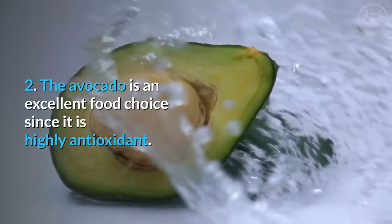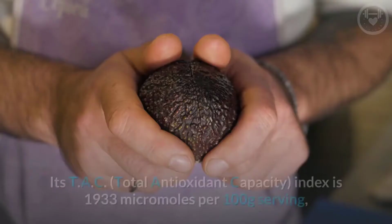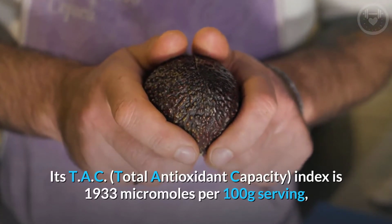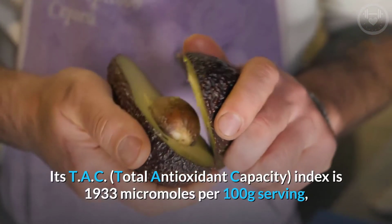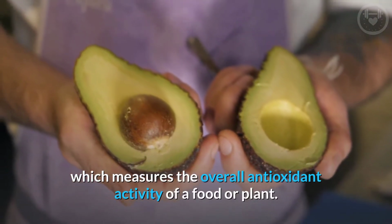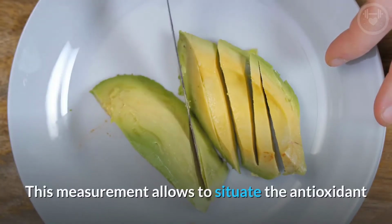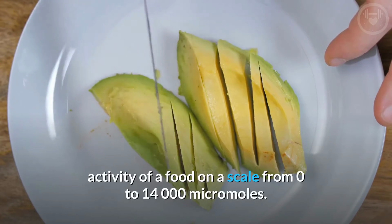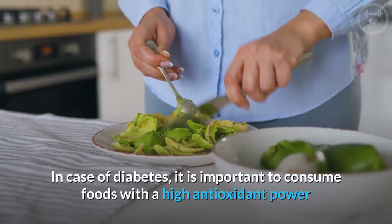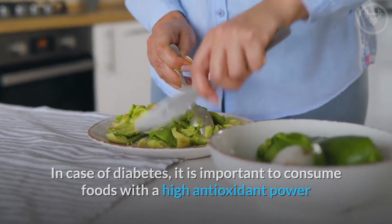2. The avocado is an excellent food choice since it is highly antioxidant. Its TAC, total antioxidant capacity, index is 1,933 micromoles per 100 grams serving, which measures the overall antioxidant activity of a food or plant. This measurement allows to situate the antioxidant activity of a food on a scale from 0 to 14,000 micromoles. In case of diabetes, it is important to consume foods with a high antioxidant power because this